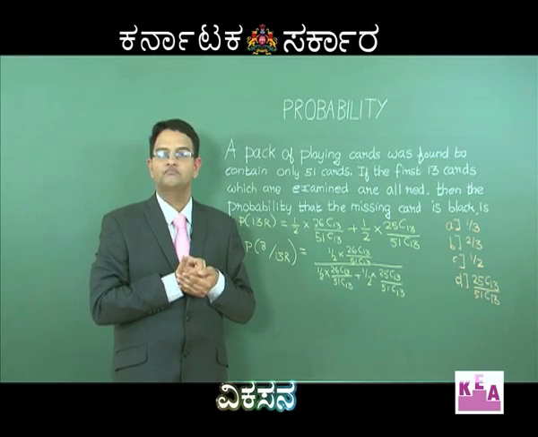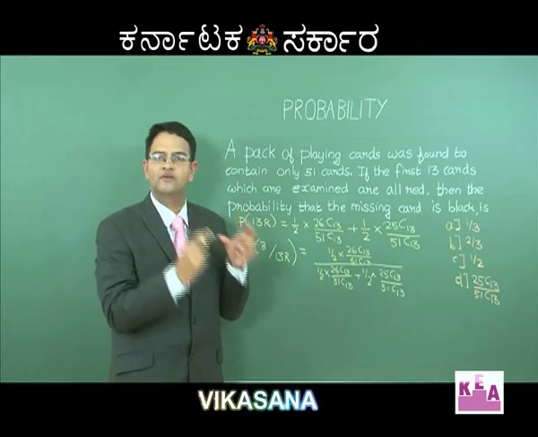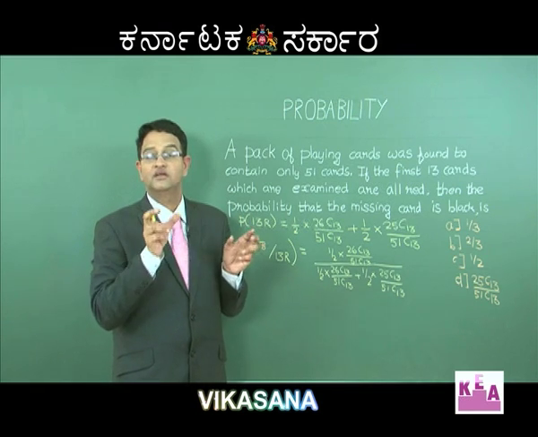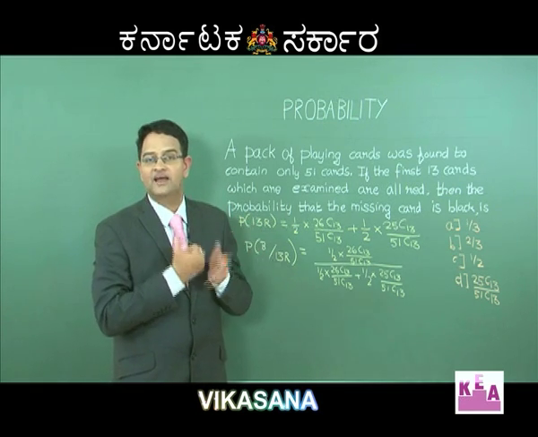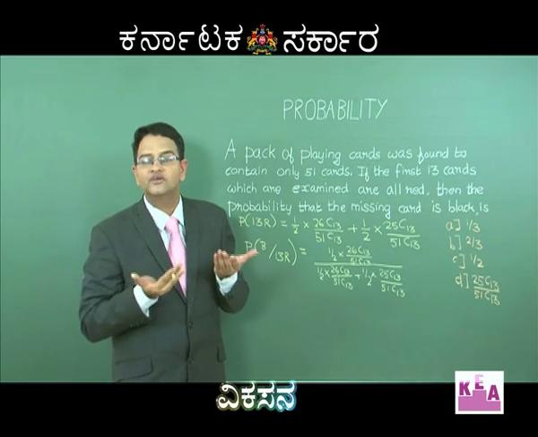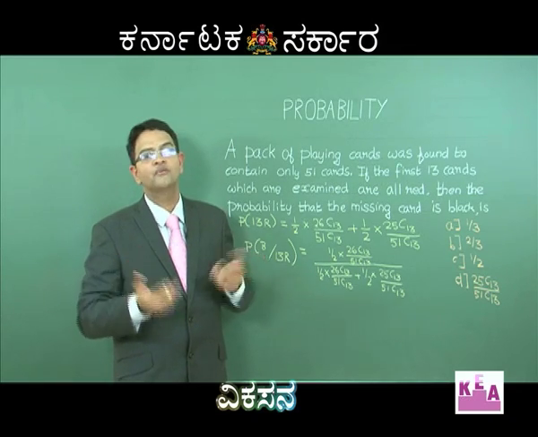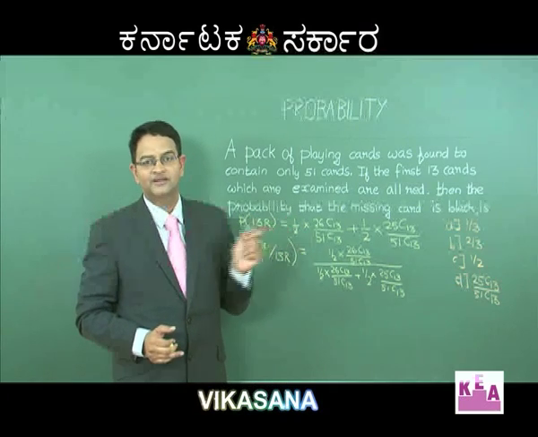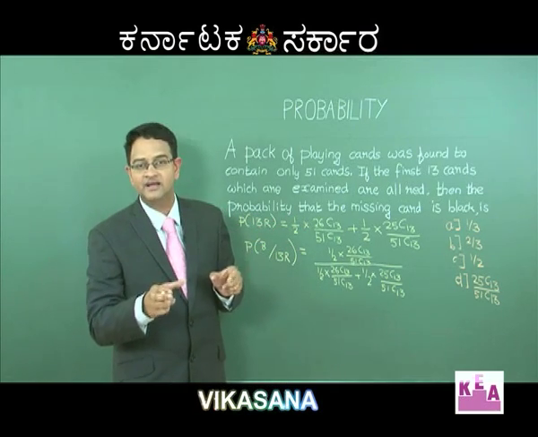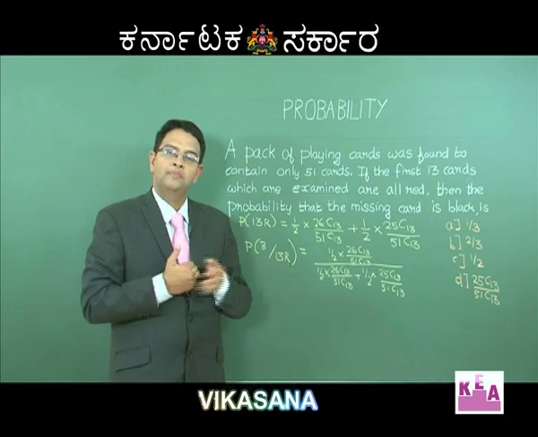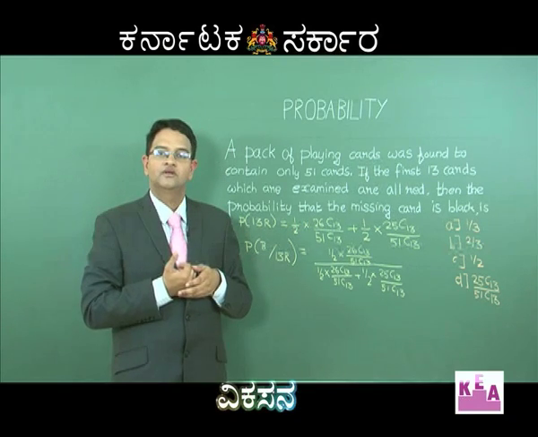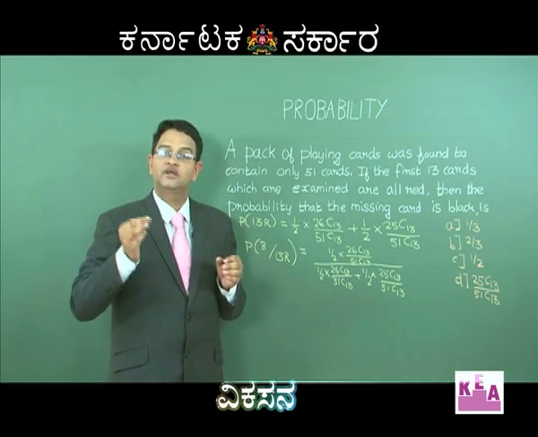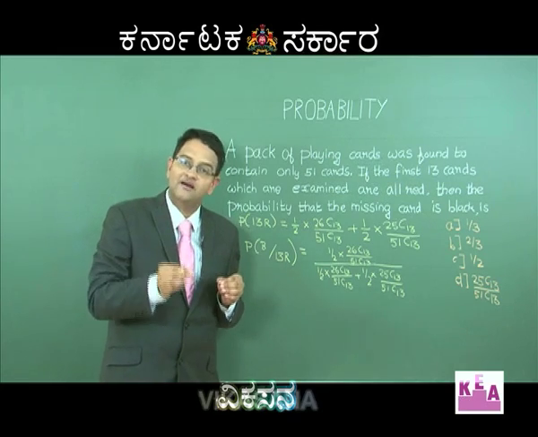So now let us focus on what is remaining in the deck. So we have 13 red cards and 26 black cards. Now let us simply understand what is the probability of losing a card now. If we are losing a red card, then the probability is going to be 13 divided by 39. That's 1 by 3. If the probability that we have to find is that of a black card being lost,